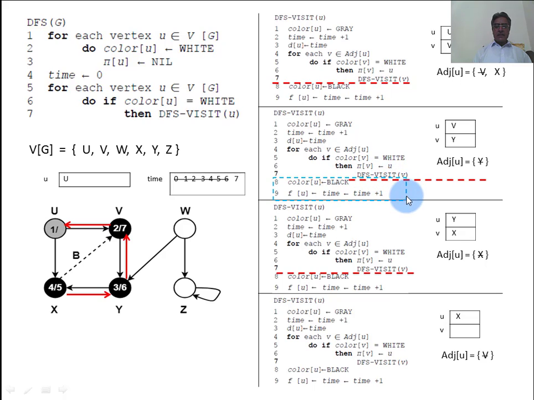From here we will return back to this location. This blue dotted line shows that we are executing these lines of code, line numbers 8 and 9, whose execution was pending.